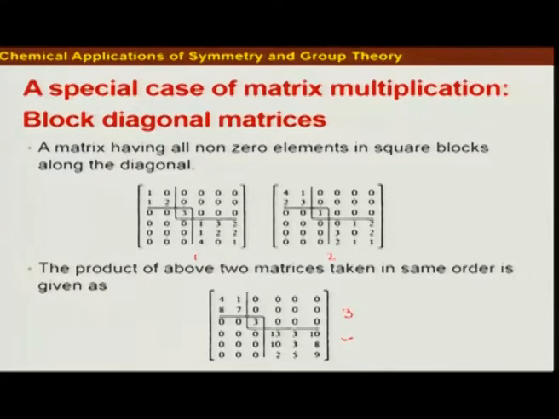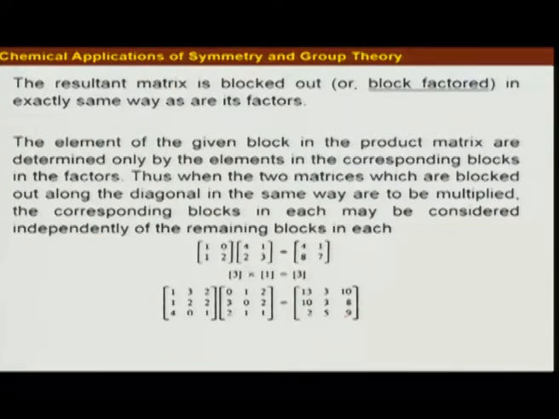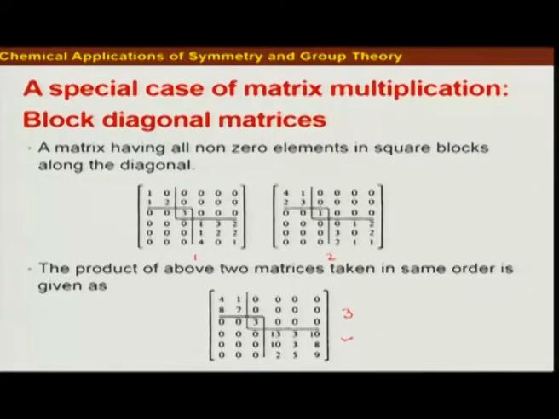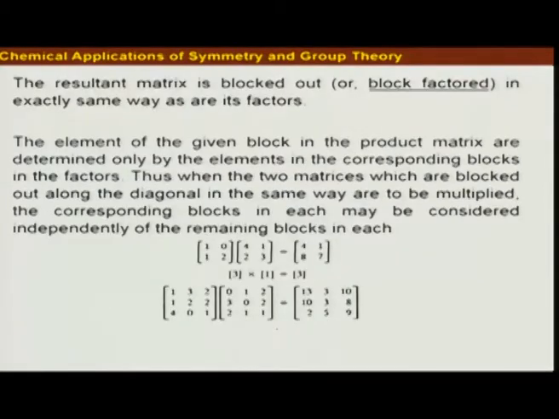So the main important thing is that the resultant matrix that we get is blocked out, or block factored, in exactly the same way as the constituent matrices here. Okay, so that is very obvious. Moreover,